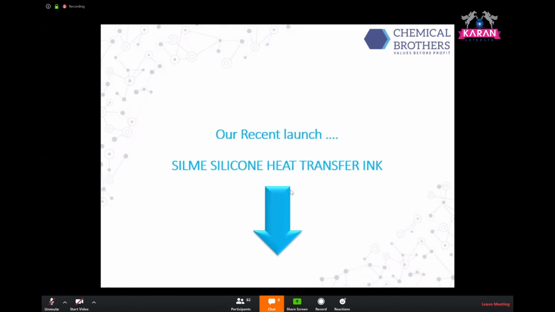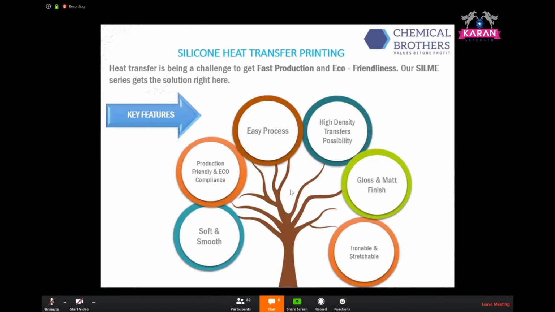Then move on to our recent launch, which is the Silme silicone heat transfer ink. Silicone heat transfer printing is a challenge in terms of fast production as well as eco-friendliness. So our Silme series gets the solution right here with its key features like soft and smooth, production friendly and eco-friendly, because its base is silicone, very easy to process. As I earlier mentioned in an earlier slide, we just apply repeated coats with a normal single ink. Then we spread the HM powder. There is also the possibility to produce high density transfers, and then we can make a gloss and matte finish as